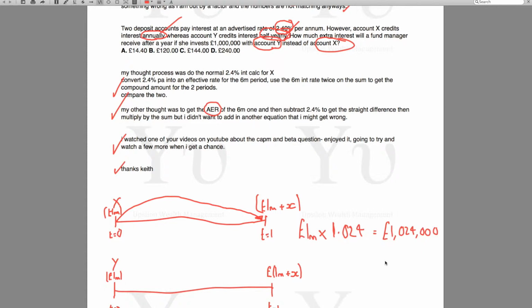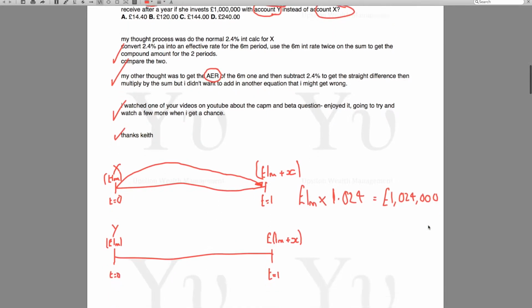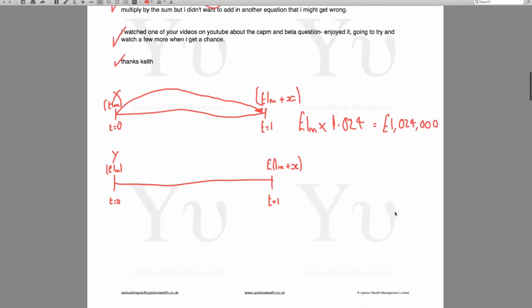I think that's fairly obvious. I think most of you could do that and are fairly happy with how we got to that and the reasoning applied. The difficulty is with account Y; actually we don't just have one compounding period like we do in X,